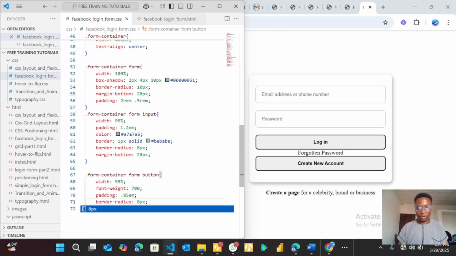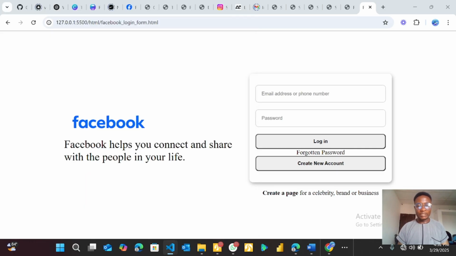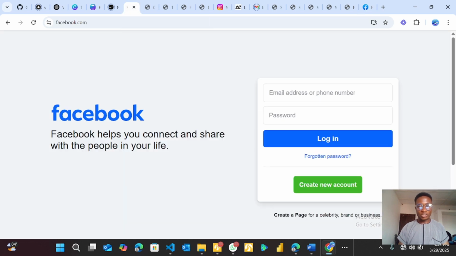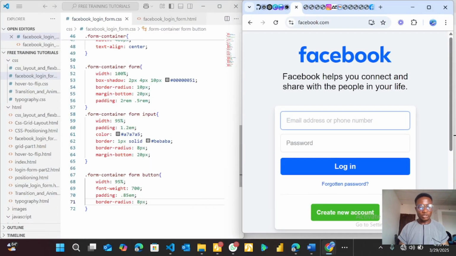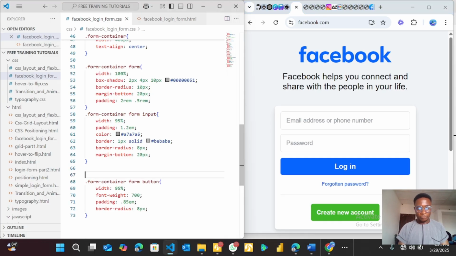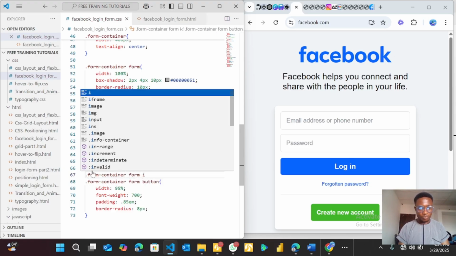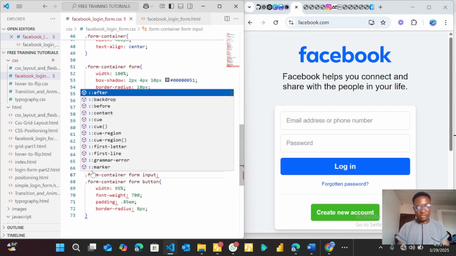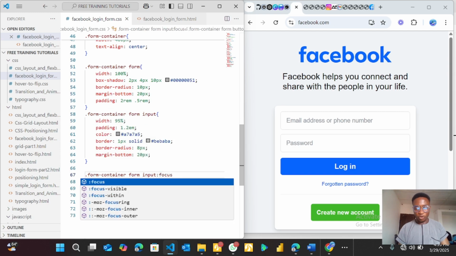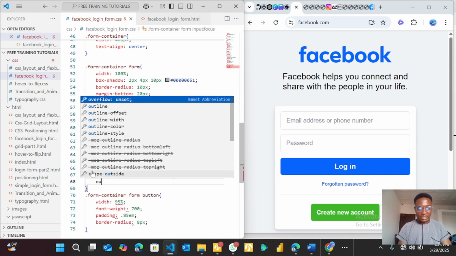You could see both edges curve now. Look at these input boxes. When you click on it, you see the outline becomes blue. There is a pseudo selector we're going to use to select that form container input. So let's call it form container form input. The pseudo selector is focus. So when you are focused inside that form, let the outline